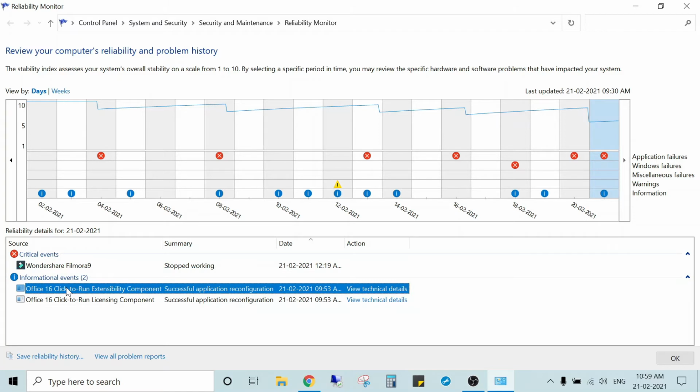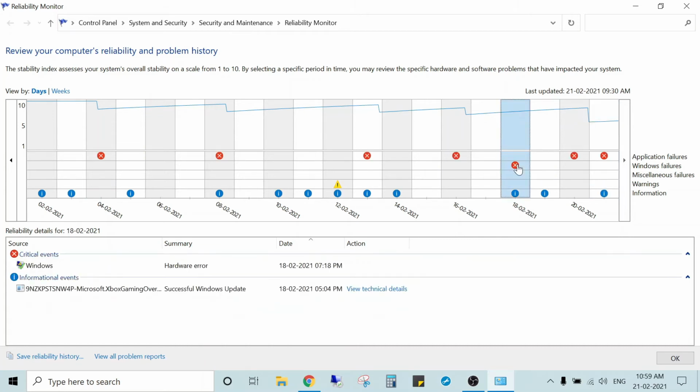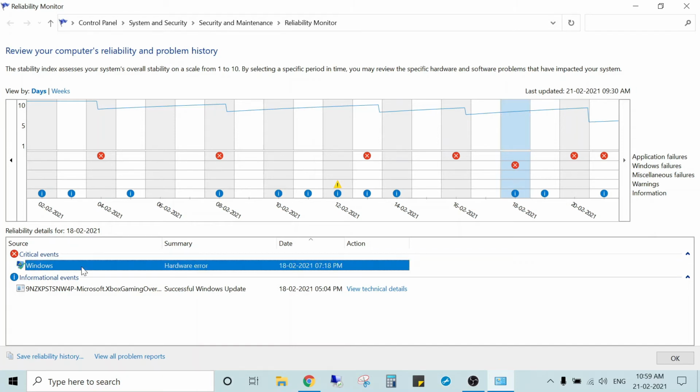And apart from that, you can get informational events like Office 16 successful application reconfiguration. Apart from that, you can click on this. So here you can see on 18th of February I got one hardware error, a Windows hardware error.